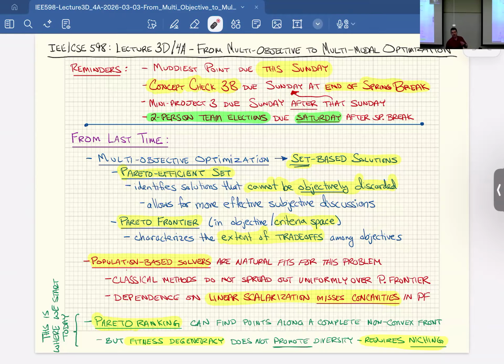So of the 40% of your grade or something that the final project is responsible for, that's all divided up into a bunch of smaller assignments. And this team election one is one of those. So it's pretty much just easy points where you just submit your name and your partner's name. They do the same thing, so I can confirm there's agreement, and then I'll add you to a group in Canvas so that the rest of the assignments can be submitted as a group instead of individually. All right, any questions about that?